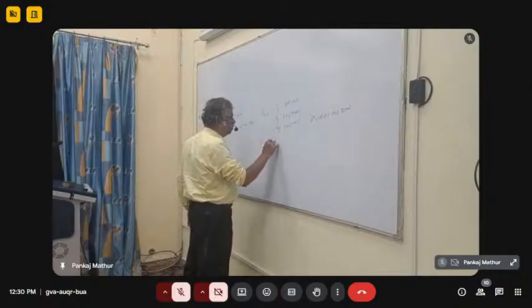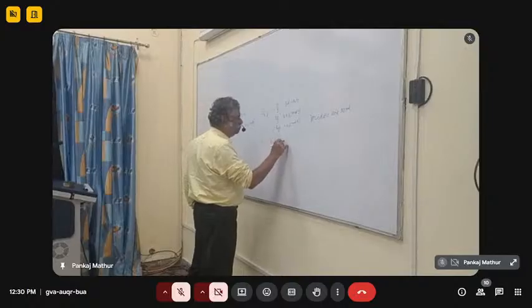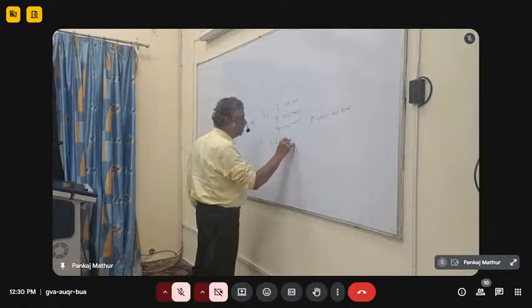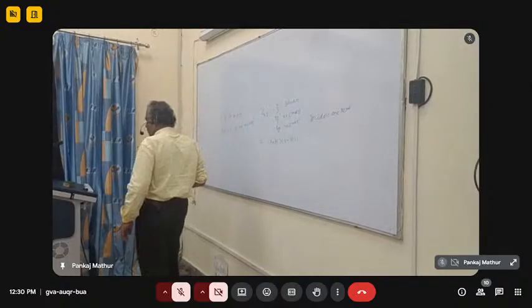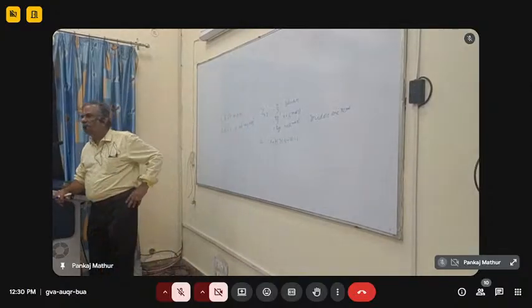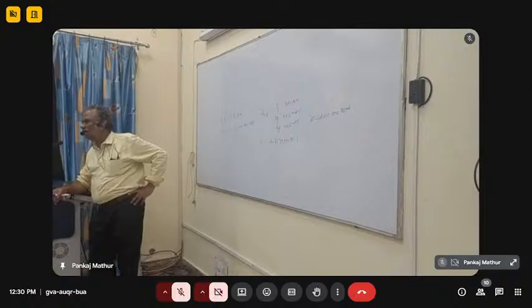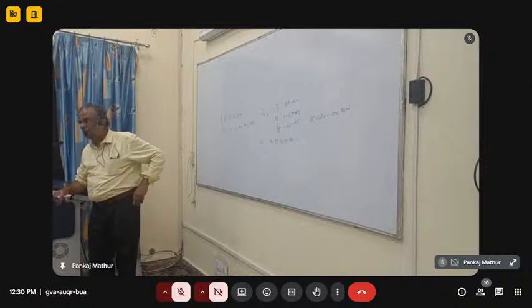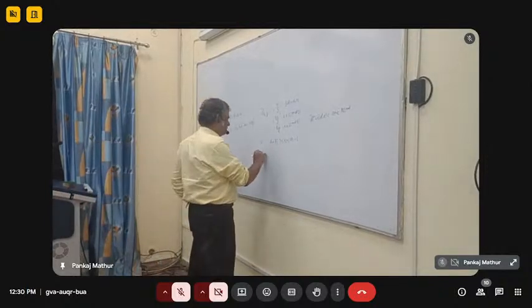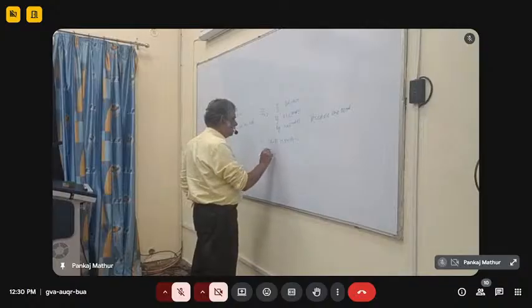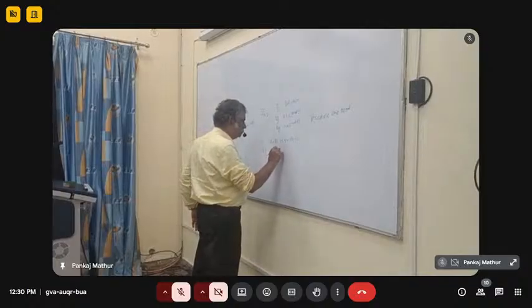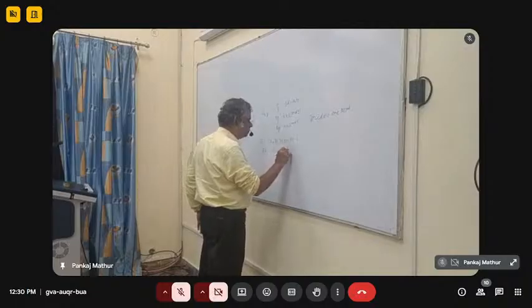Cardinality of A plus B cannot be very small. Cardinality of A plus B is at least as big as cardinality of A plus cardinality of B minus 1. And this probably you should try as an exercise. Therefore, let me give you the exercise. Equality holds if and only if